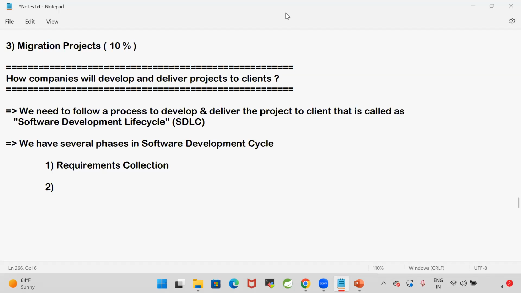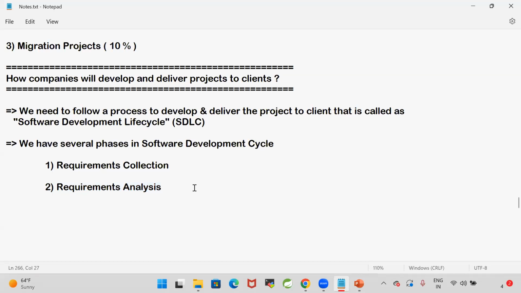Is it possible for us? No. So what do we need to do when the client has given the requirement? Requirements analysis. Okay, whatever the client has given, is it possible to do? Is it feasible? Technically, can we implement this? Are there any challenges in the requirement implementation? We need to